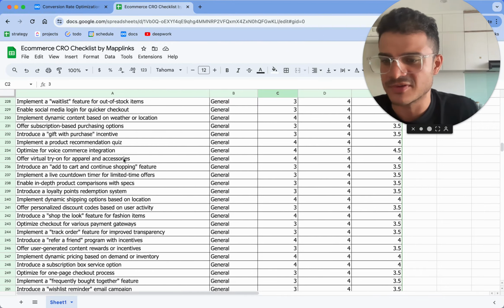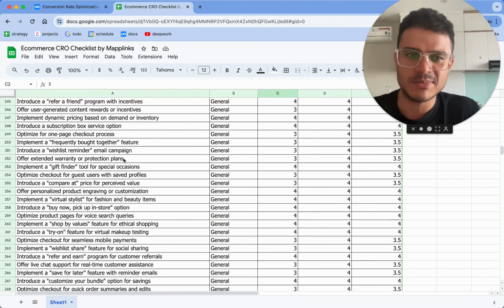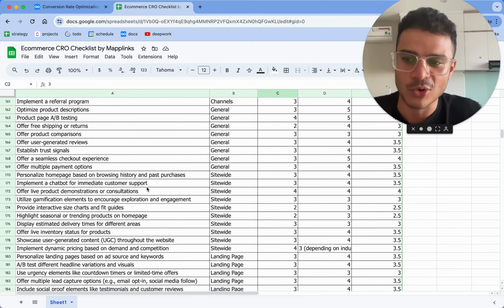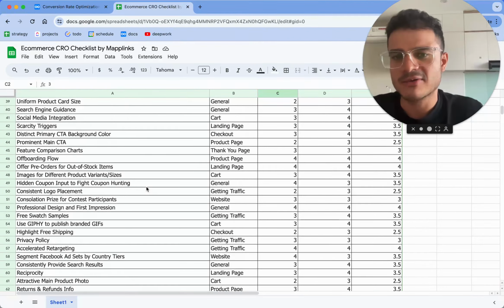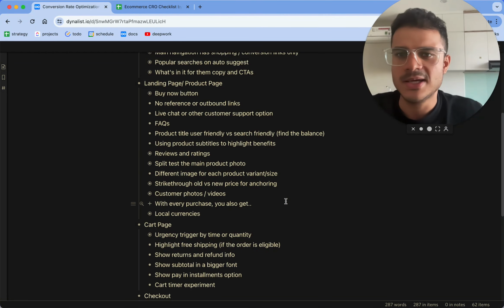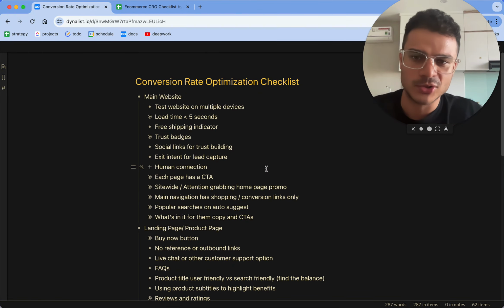As you can see, there's already more than 250 experiments here, I believe. So the team keeps adding different experiments as we do them for clients, and some of them are more dependent on the industries, etc. While there could be a repetition as well here. I'm going to share this checklist with you as well. But for now, I'm going to talk to you about the most important ones, and we'll start with the main